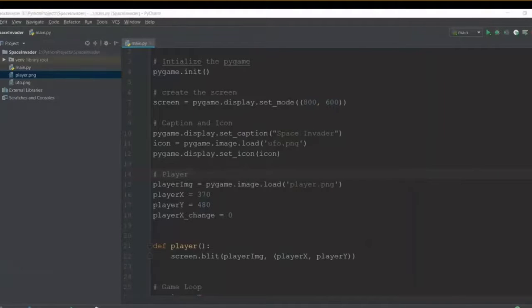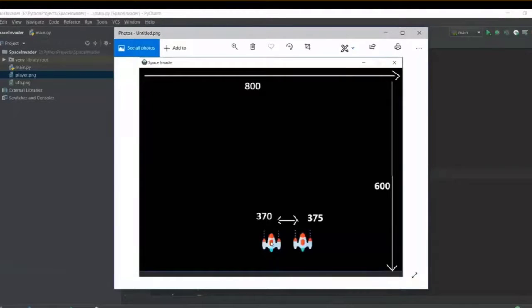Now if we go back to our image, what if we wanted this image to move from over here to over here? We can just add 5 pixels to our already existing 370 pixels and this image will move in the right hand direction. And now what if we added 5 pixels continuously? If we add it continuously, this image will continue to move towards the right hand side. So for example, we can add a functionality which adds 5 pixels to our existing 370 pixels in some kind of a while loop, and this will happen continuously after every iteration of our loop.